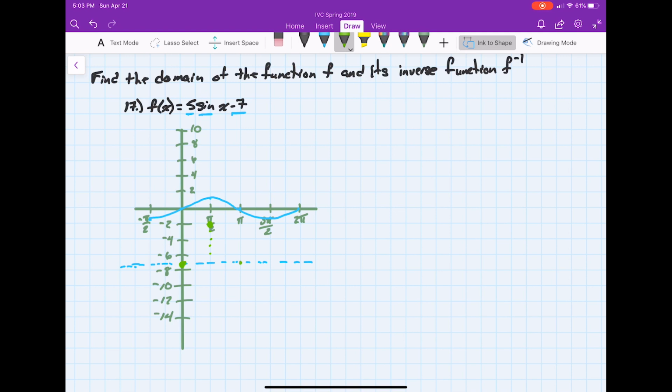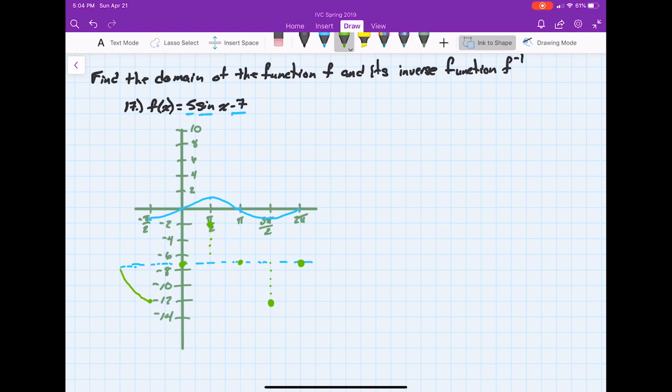And then, of course, it crosses the x-axis, but we're already at the -7 axis. We'll count down 5 to -12 at our 3 pi over 2. Oops. Let's actually put that on the 3 pi over 2. My bad. So counting down 5 from our new x-axis, it's down at -12. And then, of course, it would cross the x-axis again at 2 pi, but -7 at 2 pi. And then over here it would be -12. And